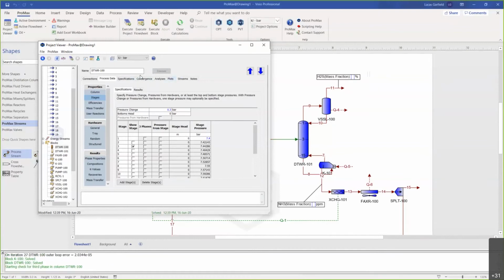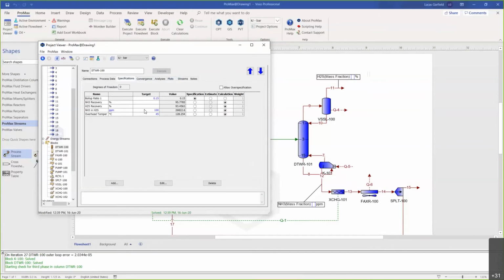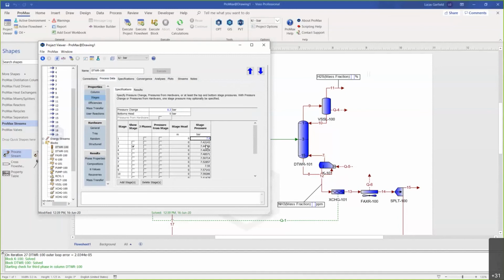So if I go back to my specifications now, at 0.4 bar, I've still got a good H2S recovery, but now my ammonia recovery is lower. So I would need to think about increasing my wash water flow rate. I'm actually quite happy with the performance here at 100 psig, but one of the things to remember is